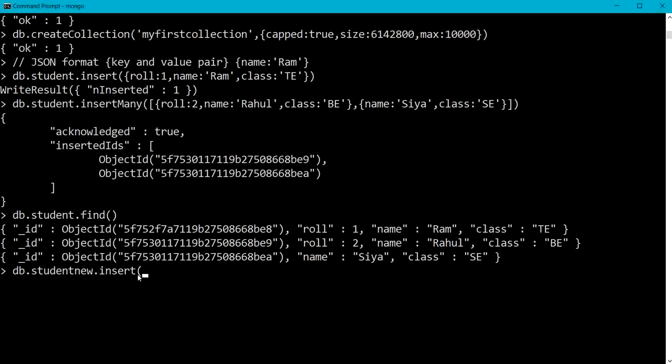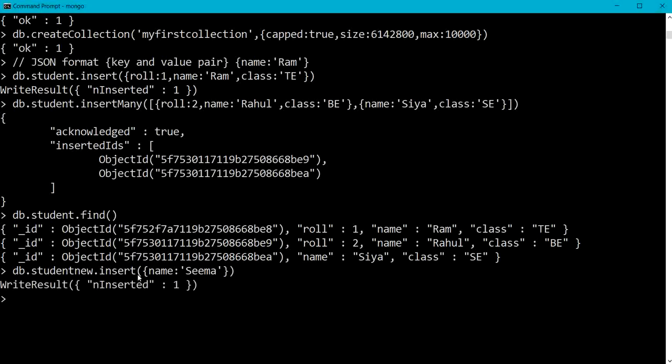I have not already created the studentNew collection, but I am directly going to use the insert command. I am inserting a key value pair, name Seema. So only one field is specified in the document for studentNew.